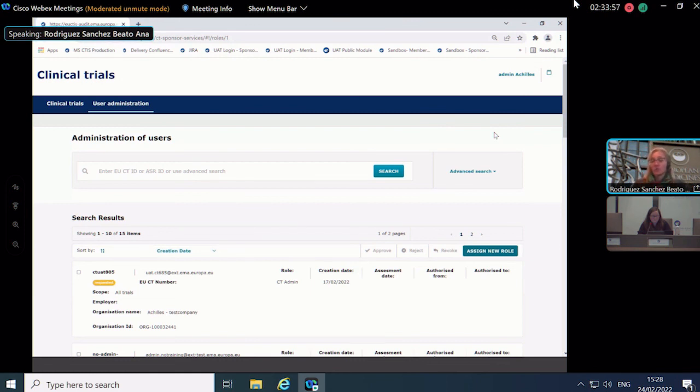For example, if you are going to complete your application form and you need to enter your investigational site, you need to search for it in OMS. Or if you need to enter your employer, you need to search in OMS. So in this case, the organization you are looking for is your employer, or in the case of the investigational site, the organization you are looking for is the investigational site. In the context of user management and this concept of organization-centric, obviously we are referring to the sponsor organization.